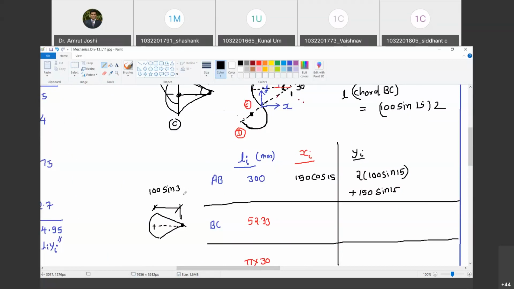Now, mind you, I have to express it in radians, but for sin 30 in your calculator, if you are using degree mode, then substitute it in degrees. So when calculating this, use the calculator in degree mode. But in the denominator, when you substitute alpha, I have to substitute it as 30 into pi by 180. So can you tell me how much is this quantity? 100 sin 30 divided by, in bracket, 30 into pi by 180. Bracket. One second.